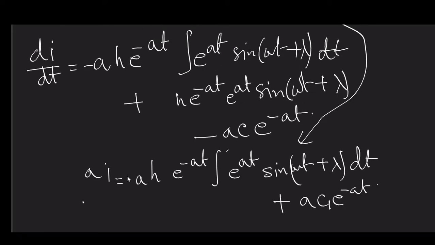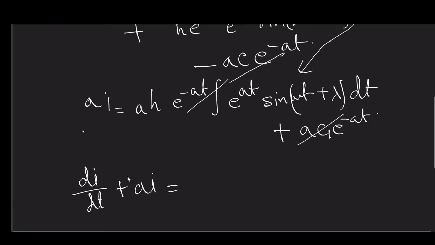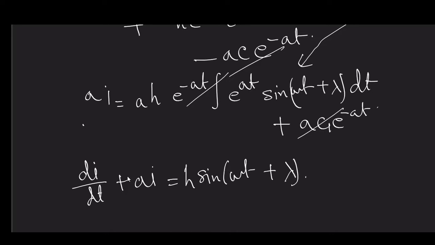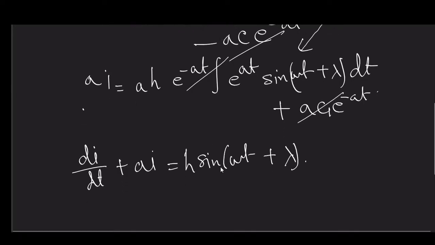These two terms will cancel out each other, leaving us with this, so the solution is correct. Now it is your task to verify the solution, and if the solution is correct, then what we can write